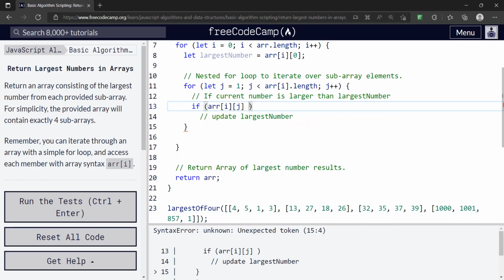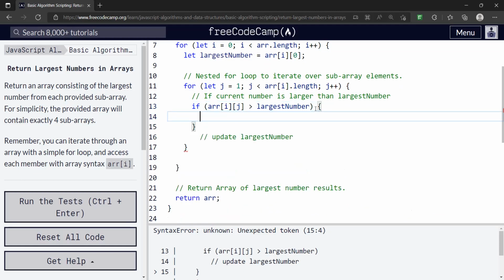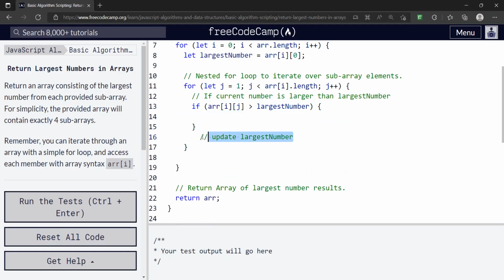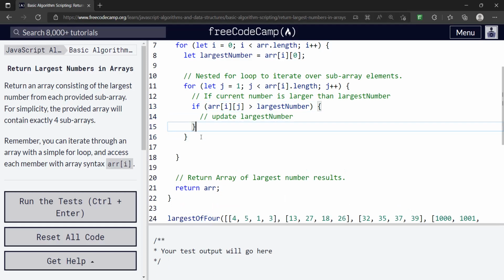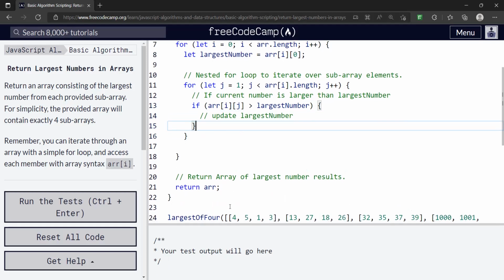Okay, that's how I was going to work through it. So for here, we're just going to check the current number, and we're just checking if the current number is greater than the largest number. And if we find a condition where it is, so let's say